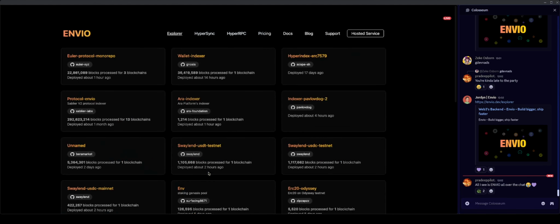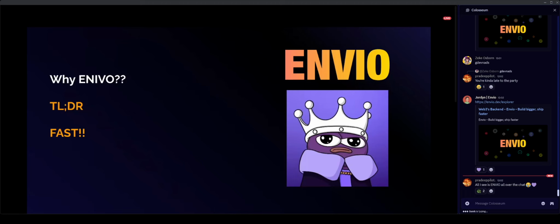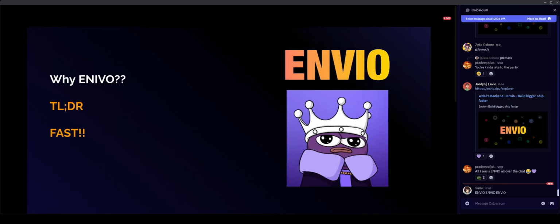Yeah, this I showed you already. This is what Envio's hosted service looks like. You can create an indexer and deploy it, so you don't have to worry about anything. You just kind of hit an endpoint and you get all the data. Super